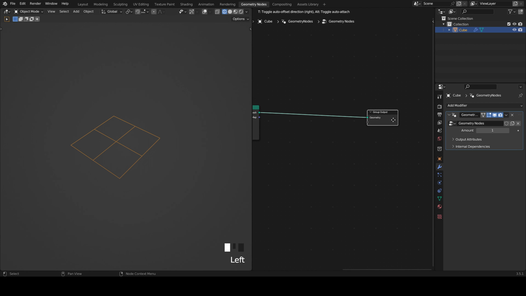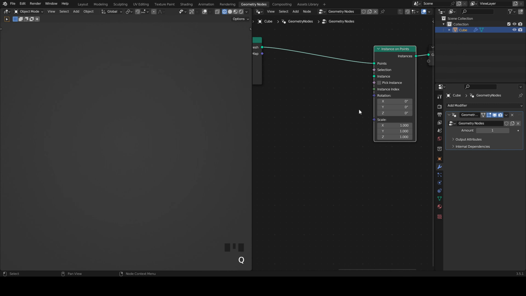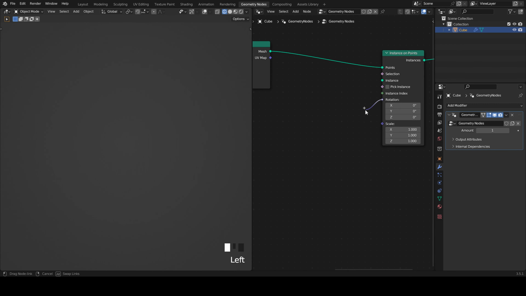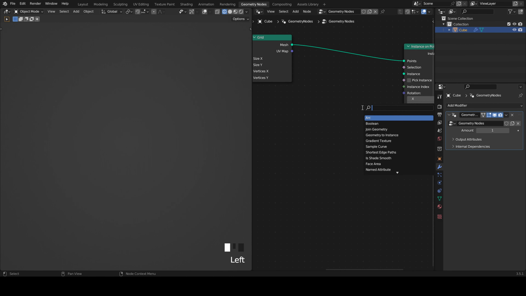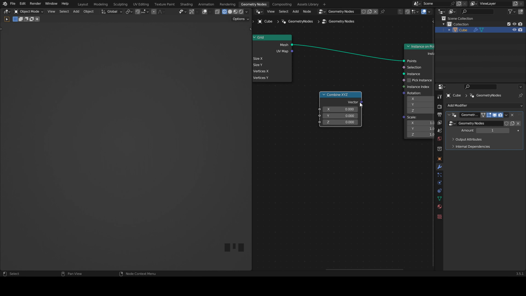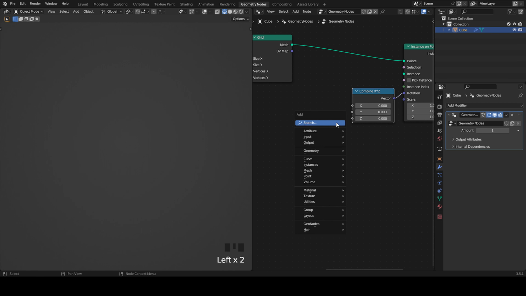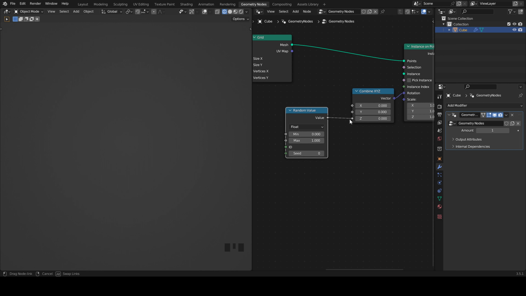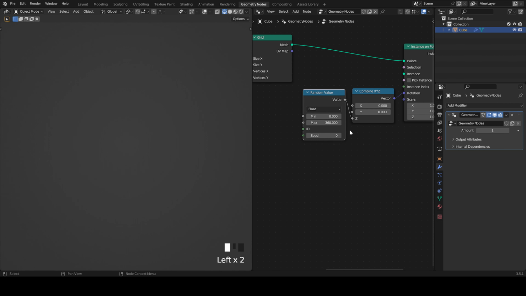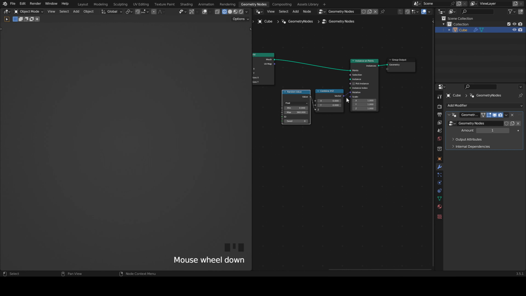And the next thing I'm going to do is put an instance on points. And before doing anything on the rotation here, what I want to do is press combine X, Y, and Z and put it at the rotation, and then I'm going on the Z, I'm going to put a random value between 0 and 360. Yeah, so that's good for now,